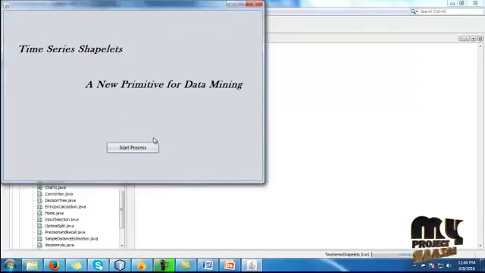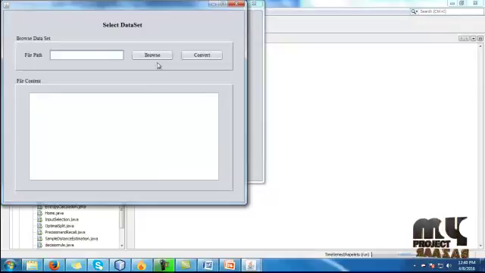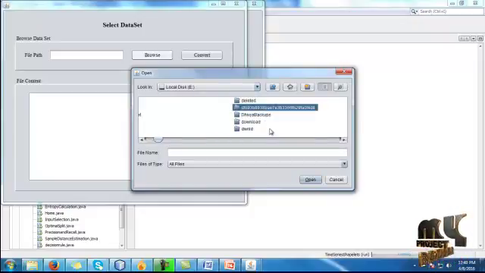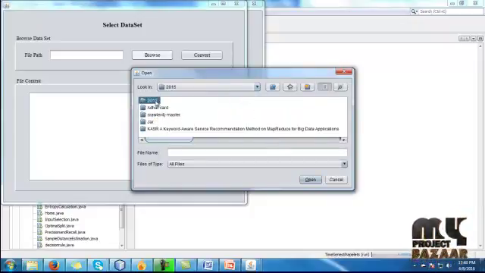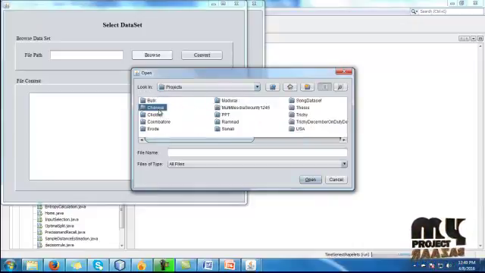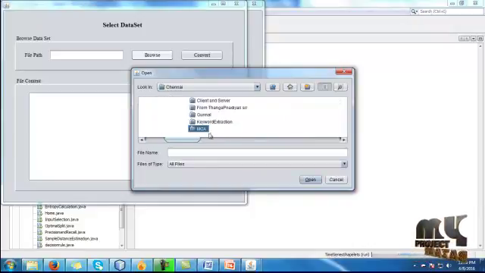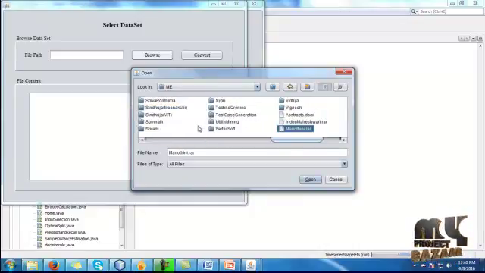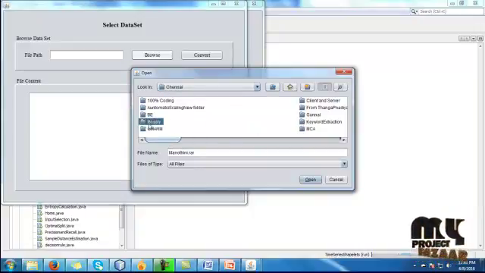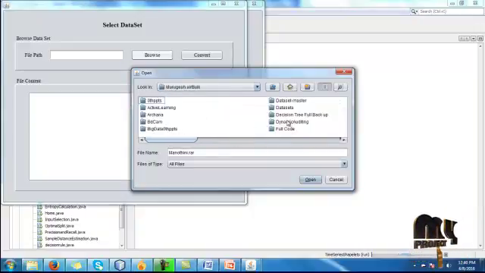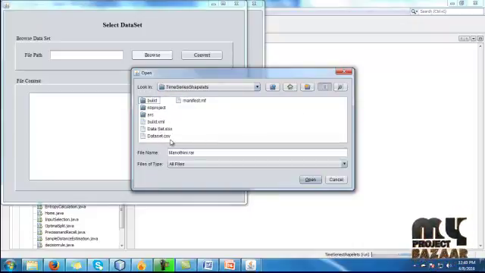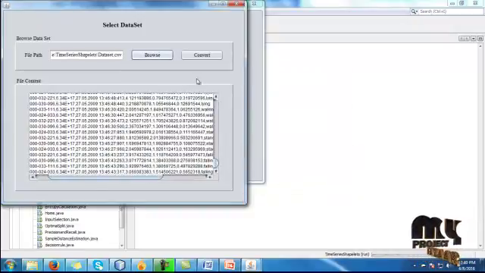So our title is Time Series Shapelets, a primitive for data mining. When you click the start button, you have to browse your data set. So go to your package, and we have to find the path of the data set. Time series shapelet. After that, we have to load the data set and we have to convert the data set